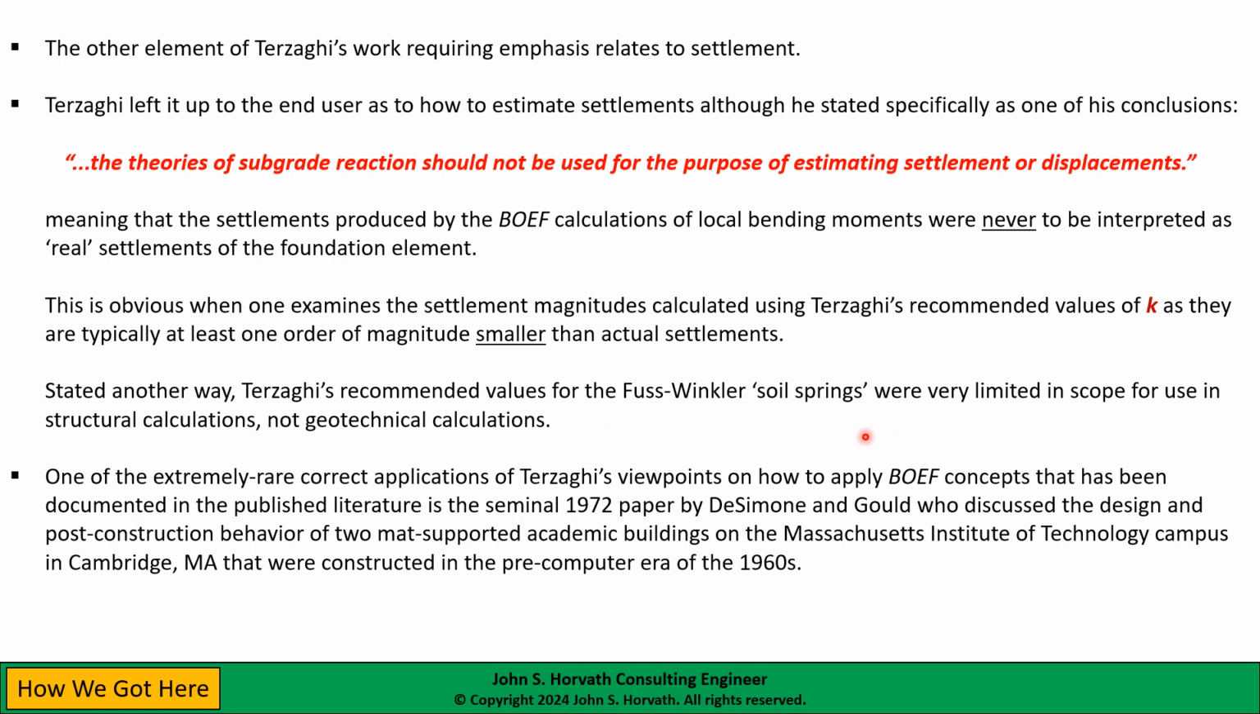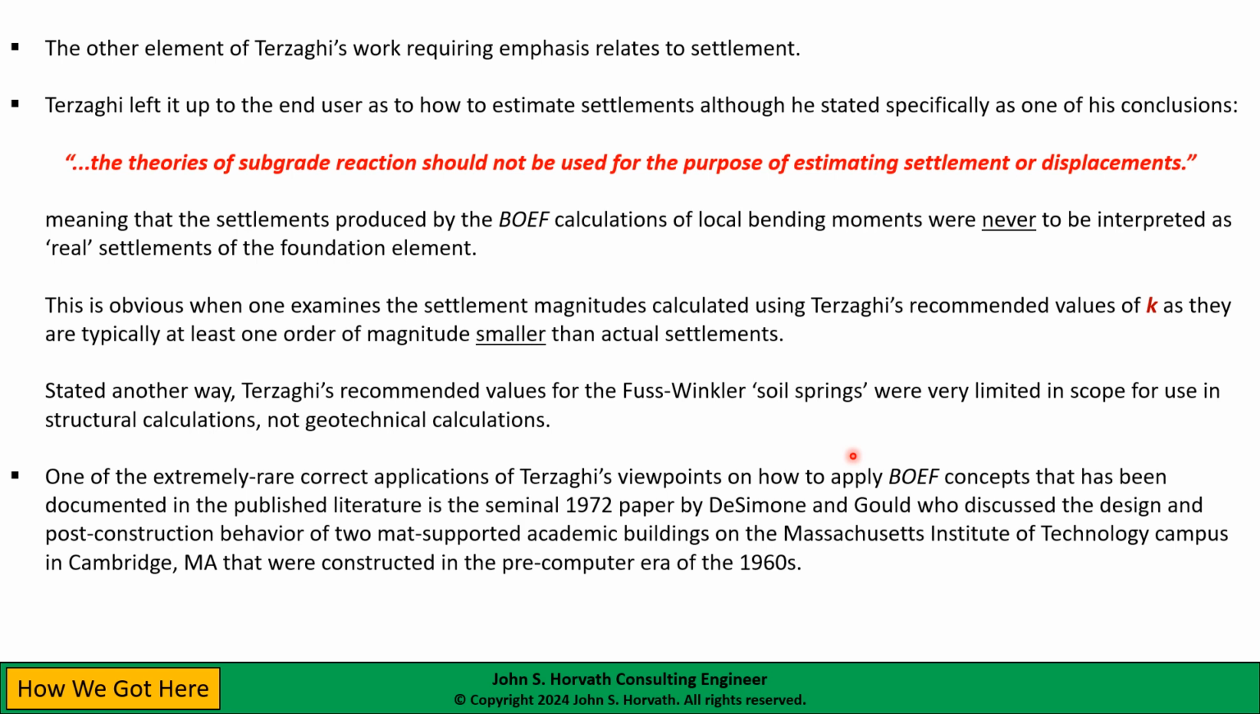So it's really an excellent paper. If you're going to write a paper about comparing your calculations to observed settlements for a mat, as I've done, these are great case histories to use. In any event, D'Appolonia and Gould correctly point out that they only used the beam on elastic foundation concepts